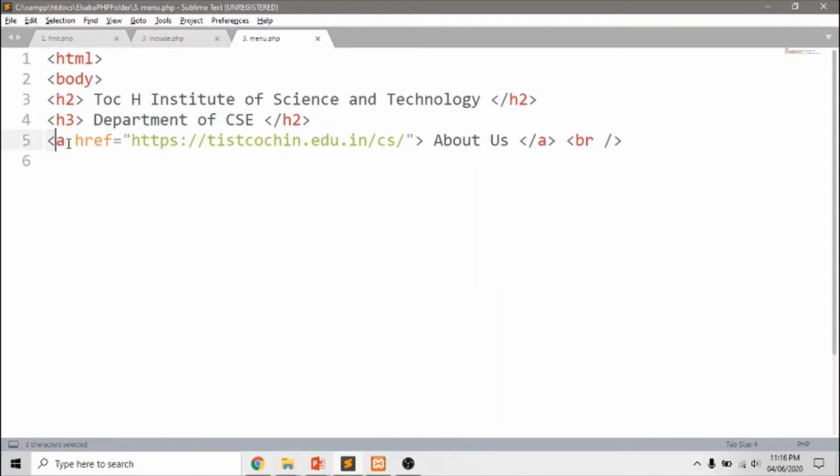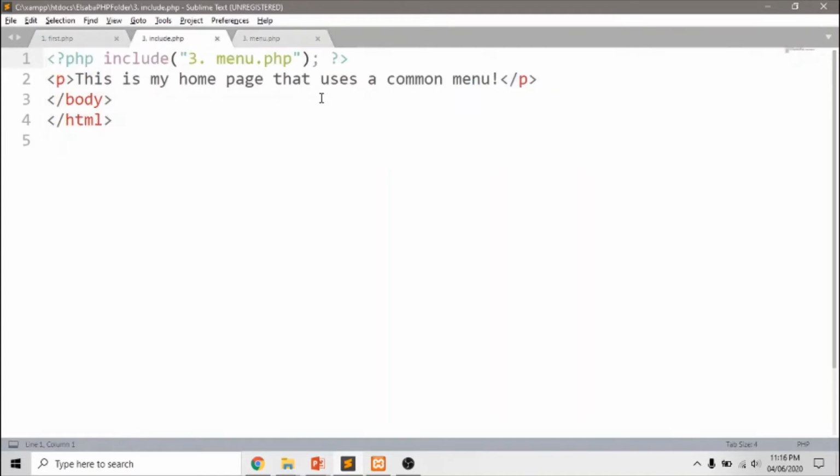Then I have a link which gives the institution website address. So I want this part to be included in all the pages which I have. This file is named menu.php, and I'm going to include that in the include.php file.